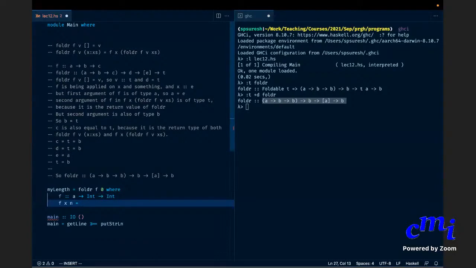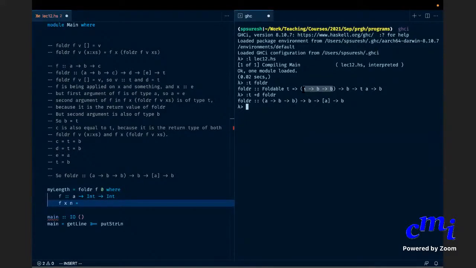Sir, f of x empty list is A plus. No, f of x not empty list. Sorry, it can't be empty list. Why will f of x be on empty list? f will operate on two values. See, look at this. This is the type of f. 1 plus n. Exactly. Who said that? Chandradeep. Okay, yeah. So who asked this question of f of x empty list? Sir Swaminathan. Yeah. Is it clear now?